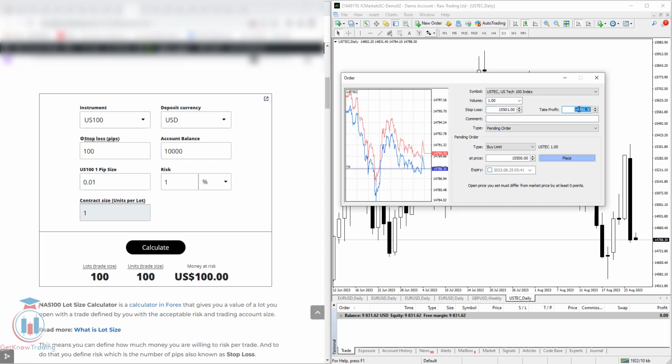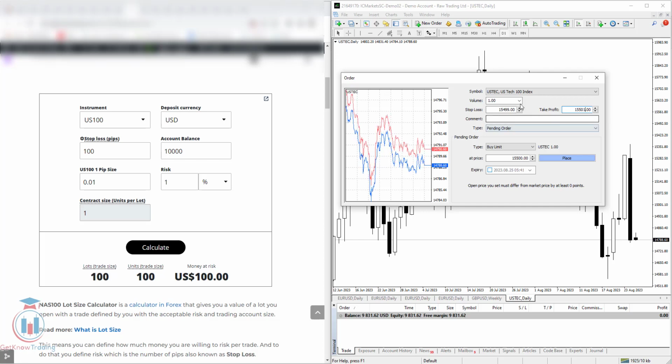Then we can take and set here, sorry, it should be below, stop loss should be below because we are opening a buy order. So this should be set to, just a minute, that should be up 499. Okay, this is 100 pips,